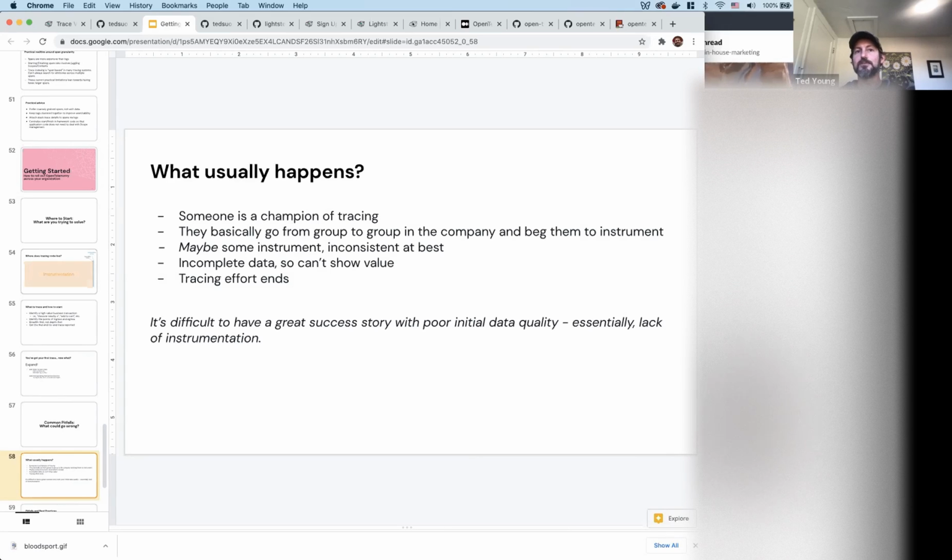Maybe some other teams are more interested in observability than others. And you end up with this sort of scattershot approach where you don't really have complete traces, and it's a little bit hard to show the value of distributed tracing. That kind of approach can often lead towards the effort petering out before any kind of success is reached. So that's the number one thing you want to avoid: some kind of inconsistent rollout where you're not getting complete traces.